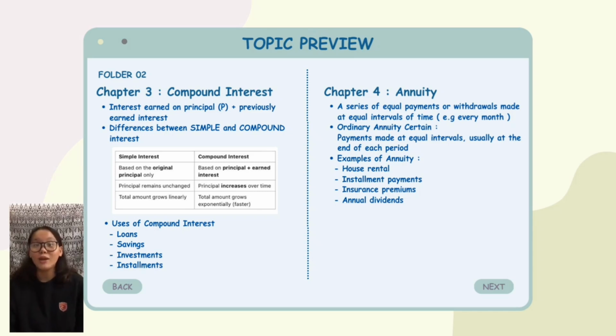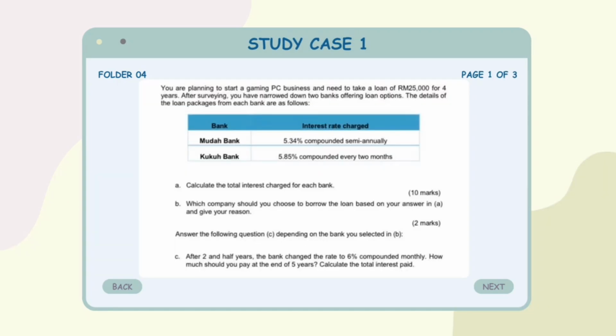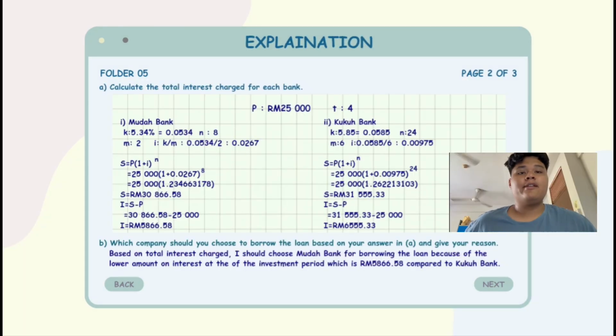So I have done talking about annuity. Now we are going to move on to the example of annuity. As we know, annuities are used in house rental, installment payment, insurance premium, and lastly, annual dividends. To calculate the total interest charge for each bank, we start with Moda Bank, where we have to